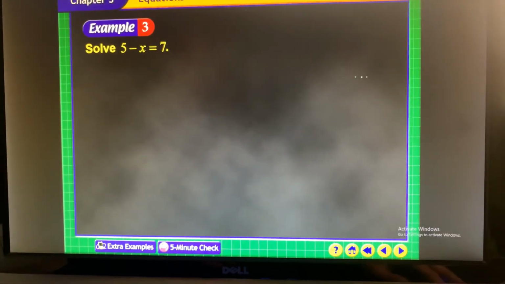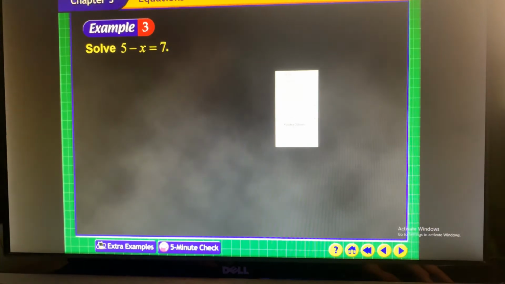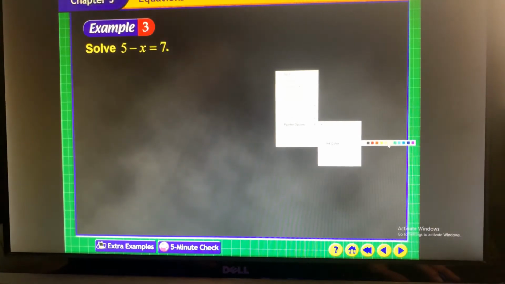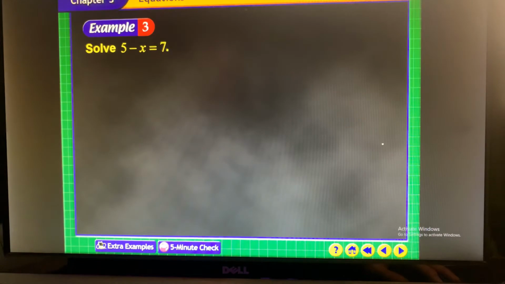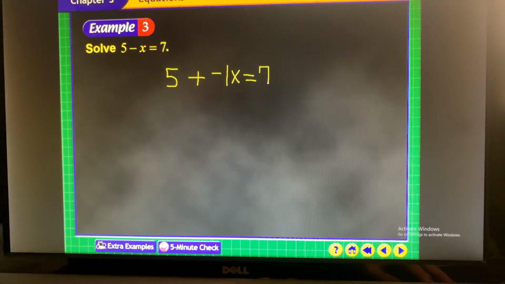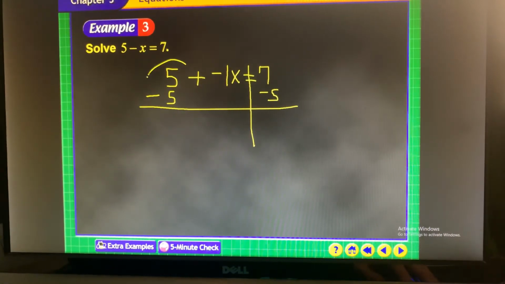This is a really important problem. This will show up on several of your assessments because most people see it as a one-step equation, and it's not. It's two-step. This is why I promote adding the opposite, because you need to get rid of that negative 1. If it was a positive 1, you wouldn't need to get rid of it. So the first thing we're going to do is add negative 5. Always get rid of the addition first. That makes 0, and you have negative 1x